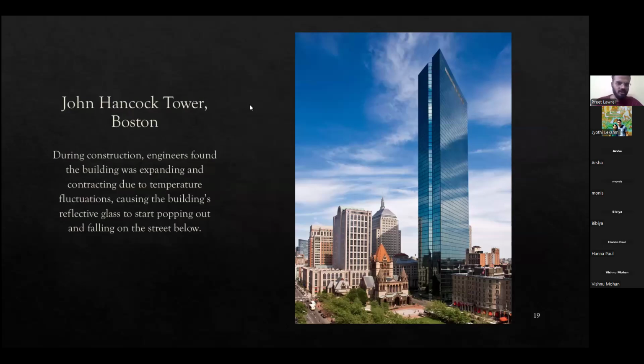And finally, this is John Hancock Tower in Boston. So it's a beautiful building. It was structurally perfect. There was no problem from any point of view until it became summer. So when it became summer, due to the heat fluctuations,